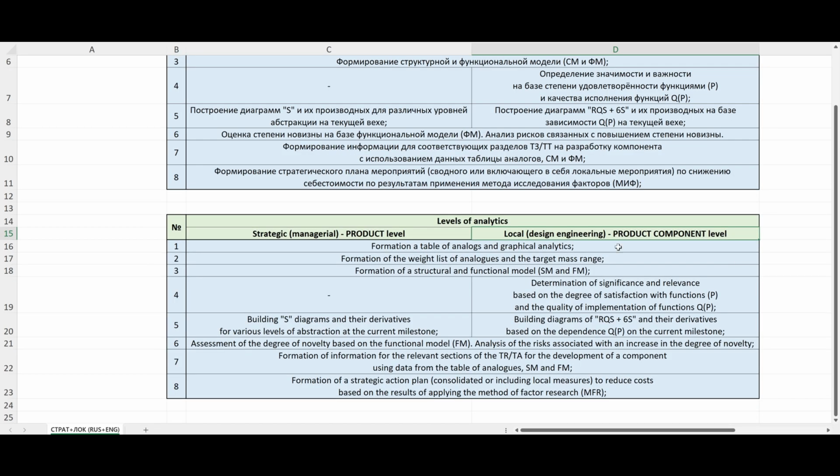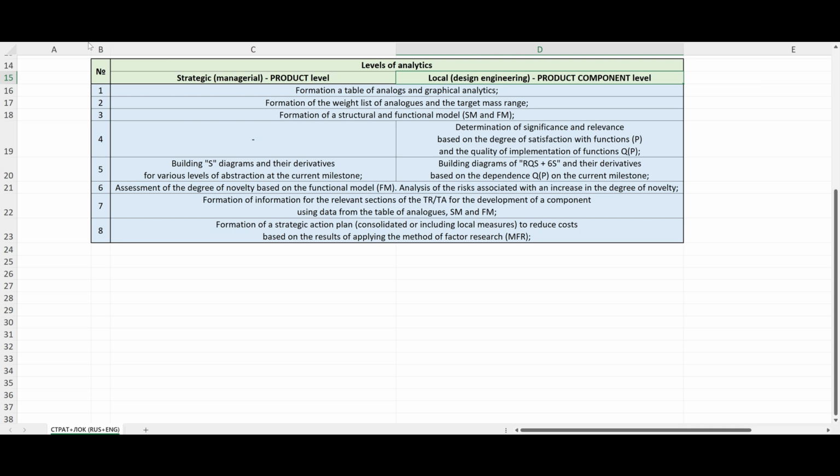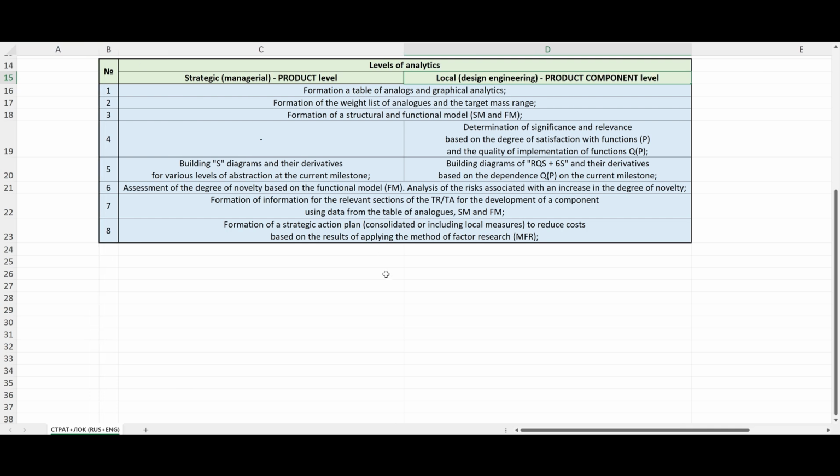Value analysis, value design engineering can be attributed to indirect management tools for strategic management of production cost. If it is used in design support, within the framework of the activities of the headquarters units of management accounting, the following functions can be implemented: formation of a table of strategic macro-level analytics and graphical analytics for it,